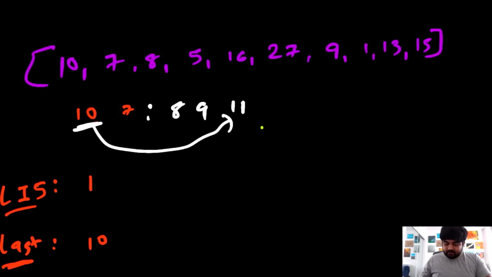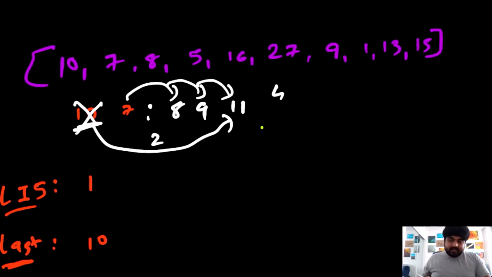That's it. But from 7, we can actually make 7 to 8, 8 to 9, and 9 to 11. This would be of size 4 and this would be only of size 2. So it is in our interest to keep 7 as our longest increasing substring and not 10, because the value of 7 is actually less than it. So we will replace this 10 in this